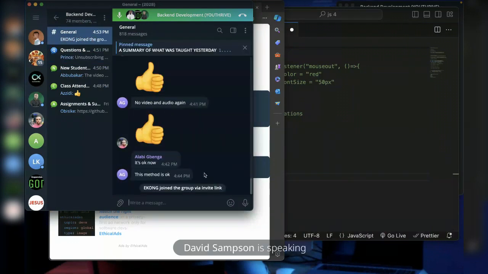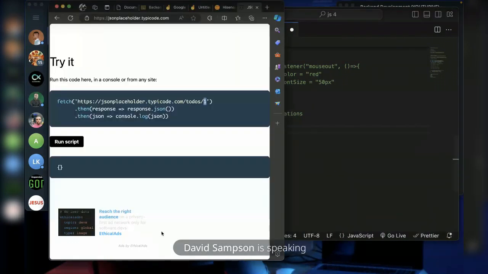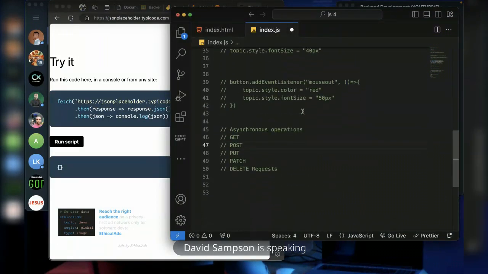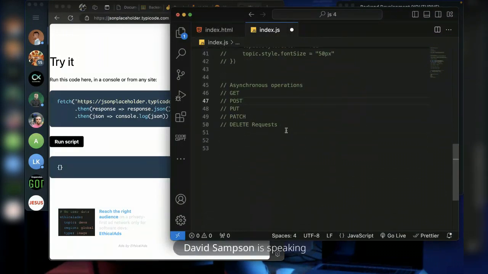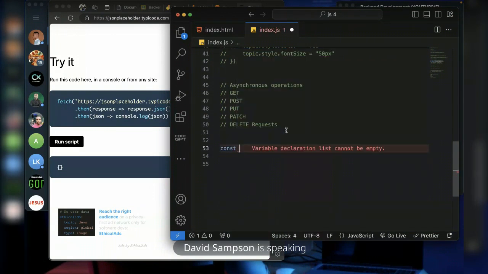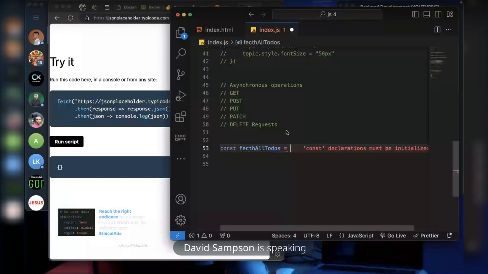To demo that, we first create a function. We can say const, and our function name is fetchAllTodos. Now, this is a function name. You can call it whatever you want, and set it equal to an arrow function like this.